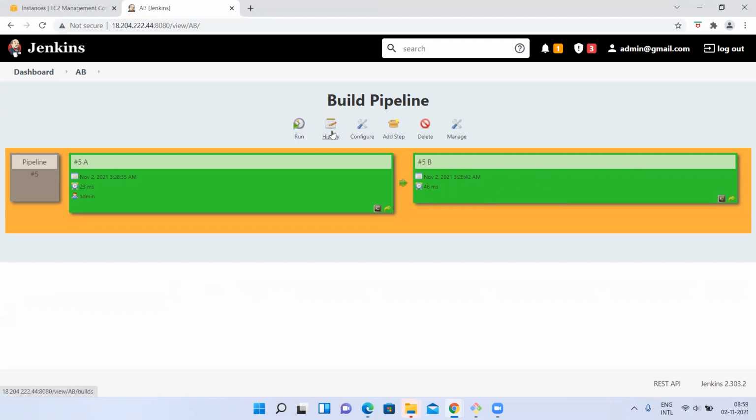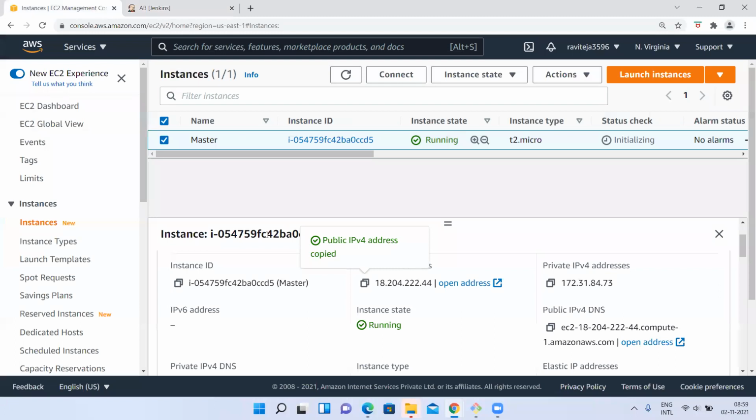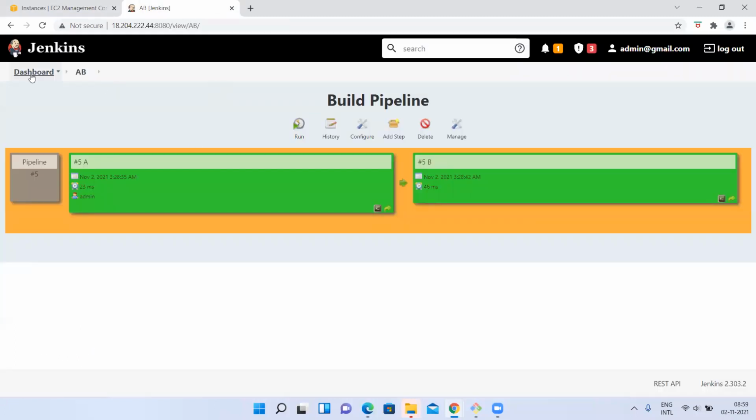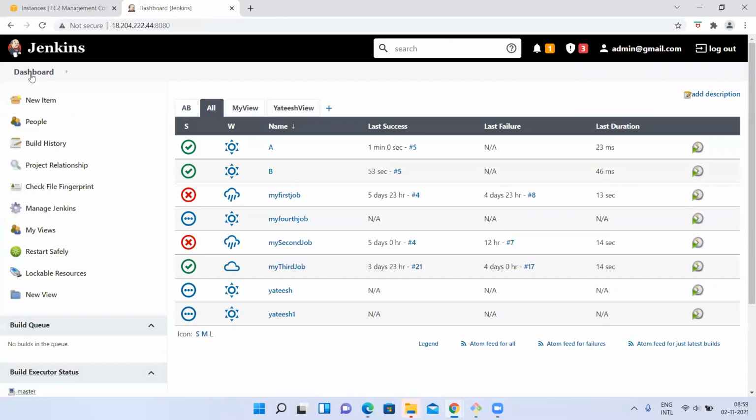If you want to see the history, you can see it here. If you want to see the logs, you can see it. If you want to do modifications, you can do them here. If you want to add, delete, or add one extra step, you can do it from here itself. These are called pipeline jobs. Sorry, not pipeline jobs, pipeline views. Pipeline jobs are totally different. We'll see that later. Pipeline view means if there are any dependency jobs, you want to see them or manage them in the same view, you can use pipeline views. For this, build pipeline is a plugin we are going to add. So write down this plugin also somewhere, so you'll remember.